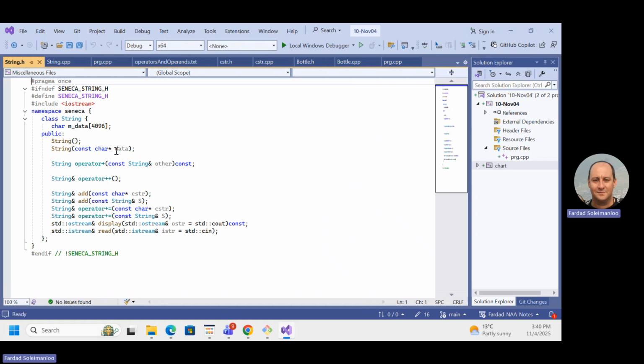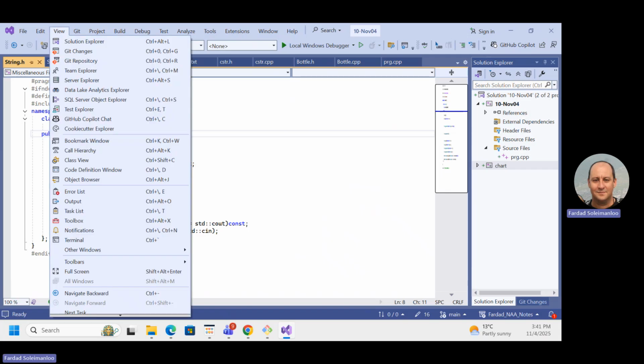We created a string, and sorry for the colors. This is not my colors usually. If you're not used to it, I don't know how to change the theme of this one. If anybody knows, please let me know. To dark, but this is hopefully good. Is it okay? Too bright? Okay, so do you know how to change it to dark? Anybody know? I don't know. Oh, wait a minute. I forgot. I can ask my friend.